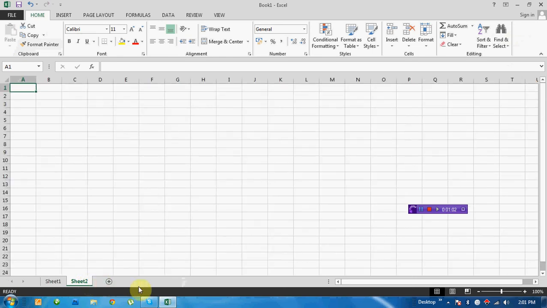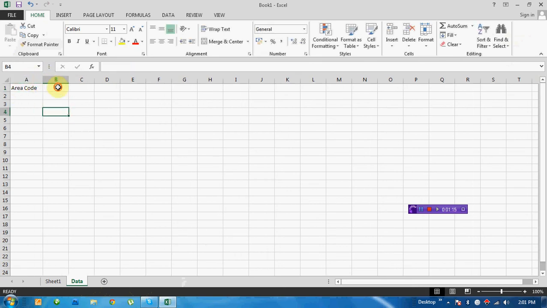We're going to rename this sheet as data. We will have the area code, and the other column will be the city. This could be the example for this activity, but you can modify this one.